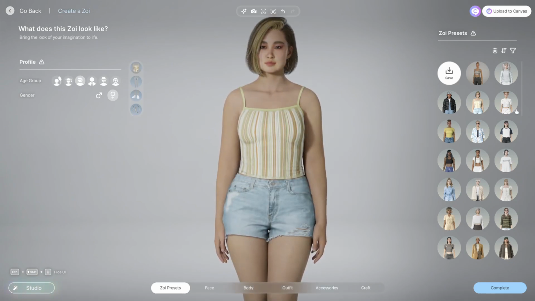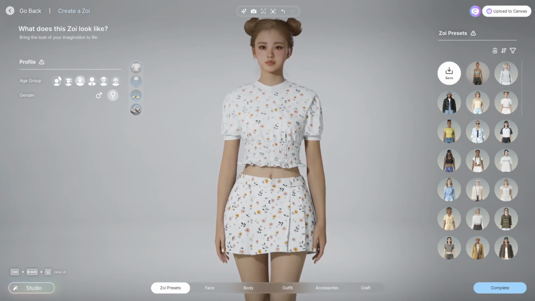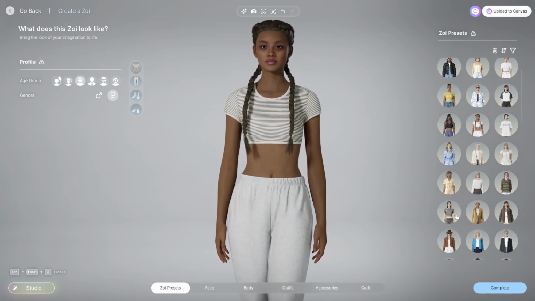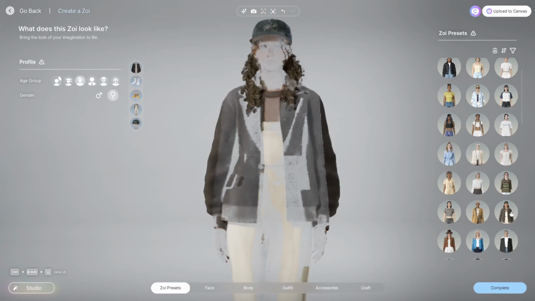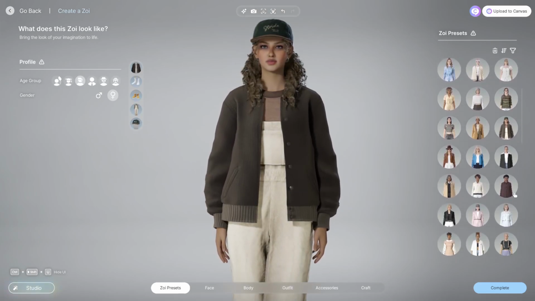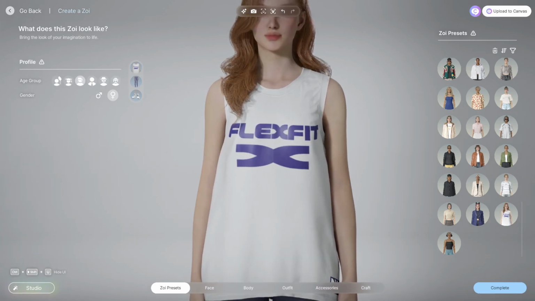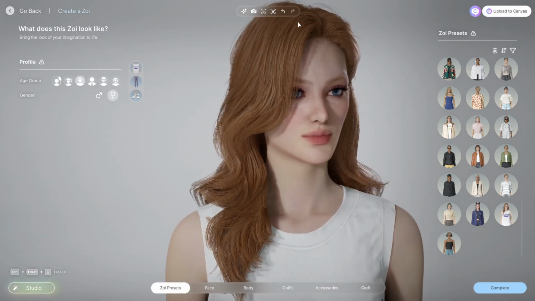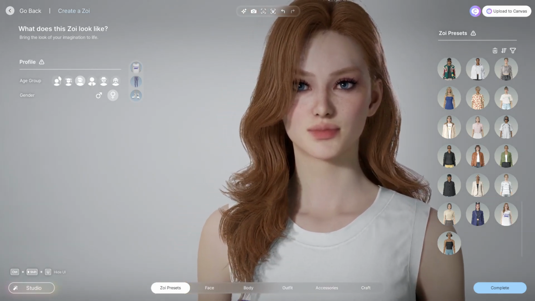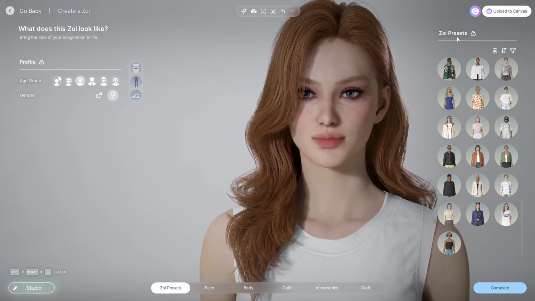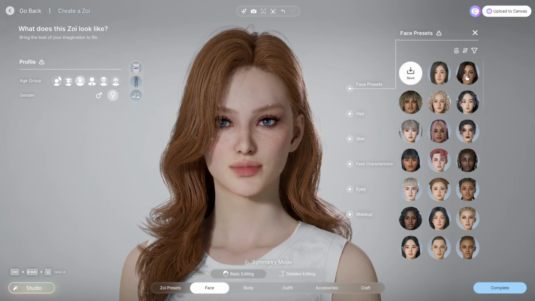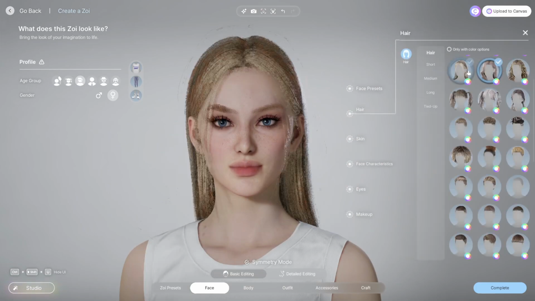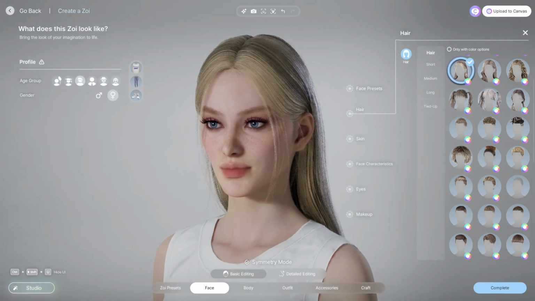And so it's really just the realism for me that throws me for a loop. I'm just not used to this. I'm used to the cartoon look as in the Sims. So it's kind of odd for me. And then right here is where I chose one of the presets that I wanted to use. I looked at it and was like, okay, this is a pretty good base, I can work with this. So then I just go right over to the face, and you can see that they have different face presets. Then I go to the hair over here, and I choose this hair because I like it,